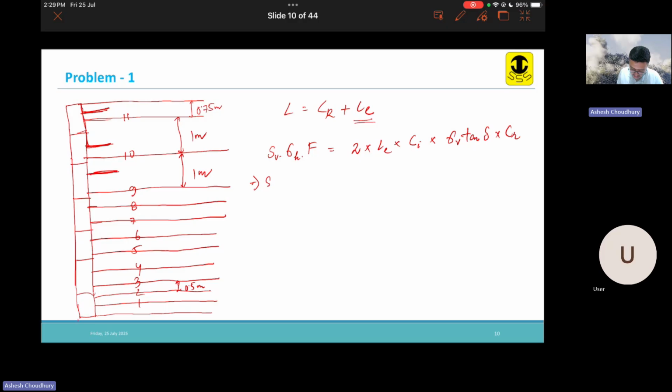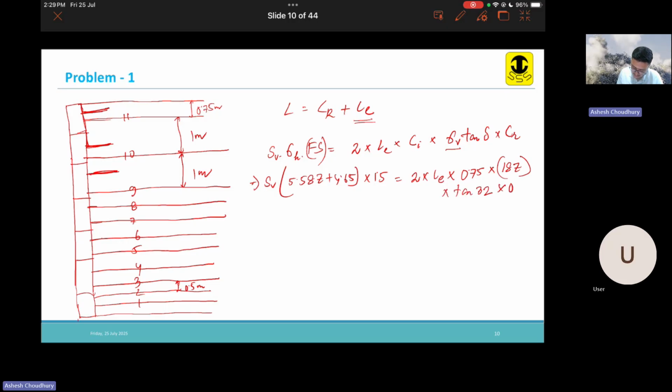Now S_V is some value times 1.5, some factor of safety. 0.5 times 1.5 times L_E times 0.75 times 1.5 Z is sigma_H times